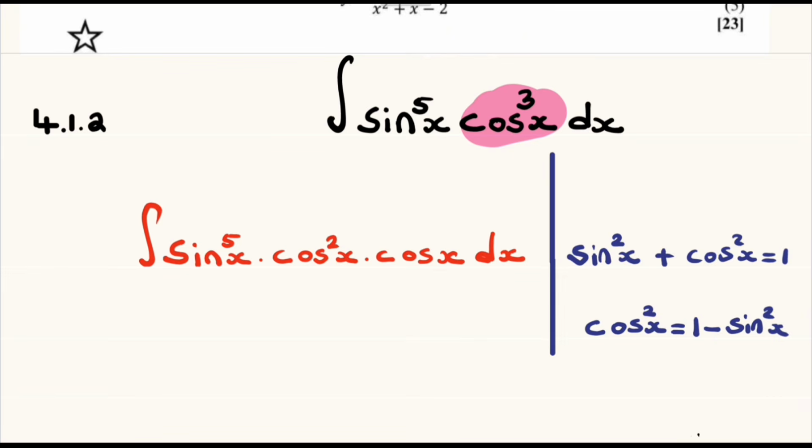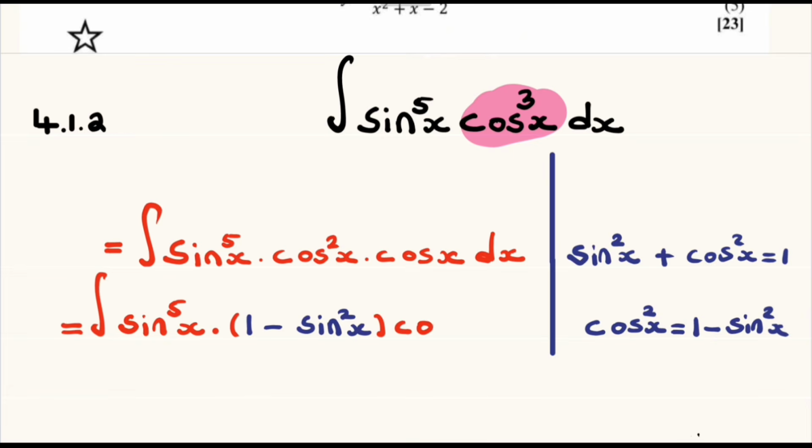So in the place of that cos squared x, we are going to substitute 1 minus sine squared x. So we have the integral of sine to the power 5x, and in the place of this cos squared x, we are going to substitute 1 minus sine squared x multiplied by the cos x